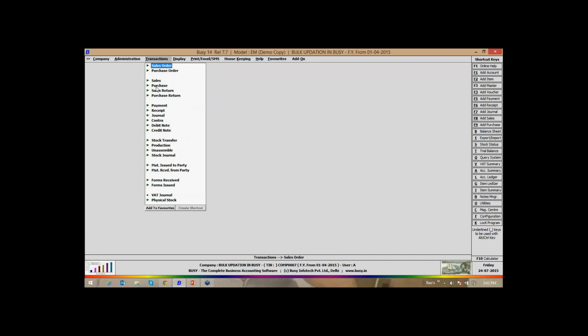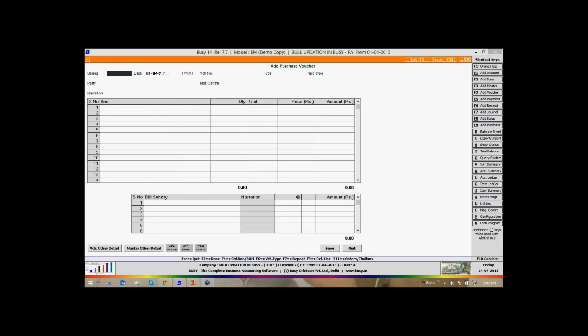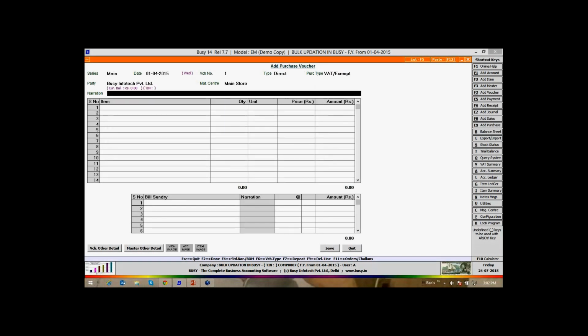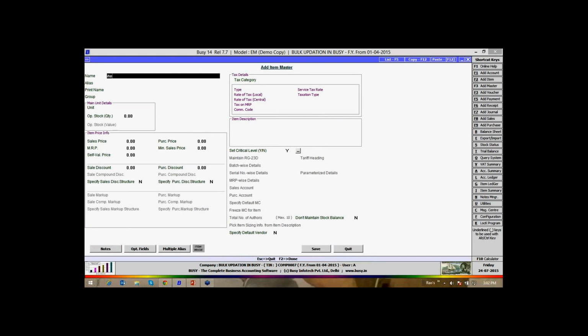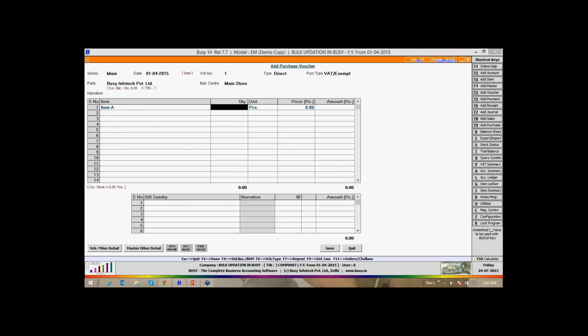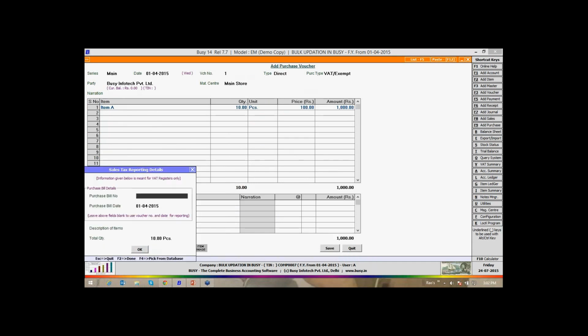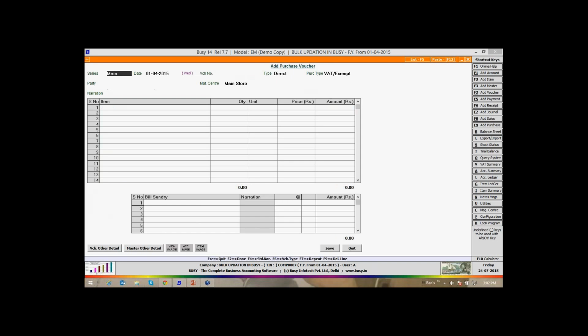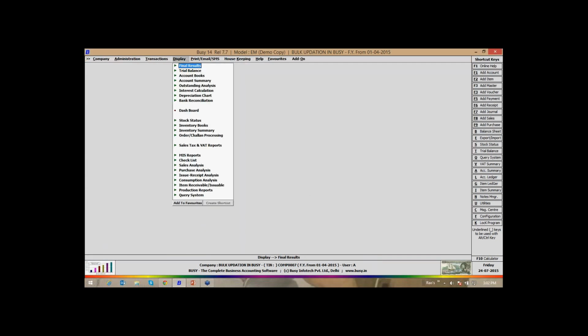Let me put one purchase here. This is one purchase I have done. The stock is in my godown main store now.